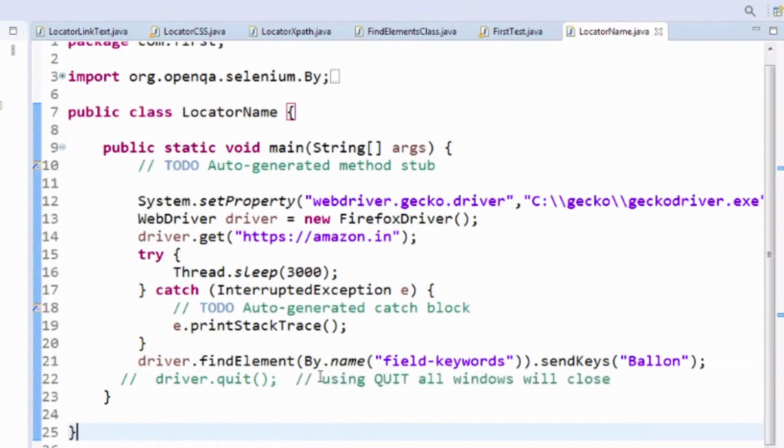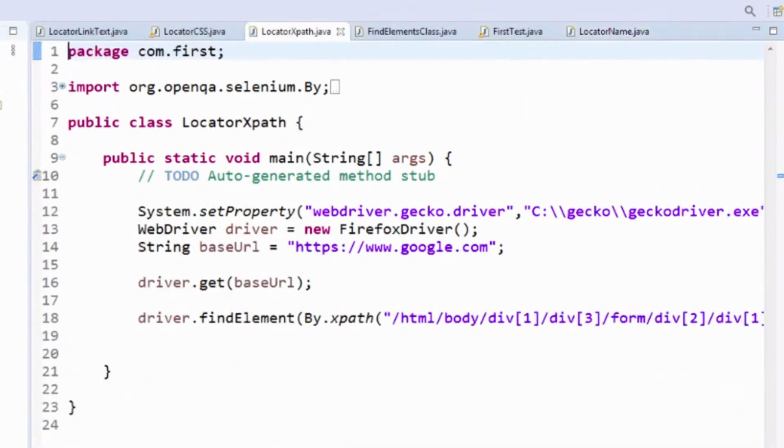So we have discussed ID, name, class. Okay, last but not the least, we will also discuss XPath. As I said, XPath is used only when there is no ID, no class, no name tag, nothing. Basically, you are just like empty. So in that case, XPath will help you.